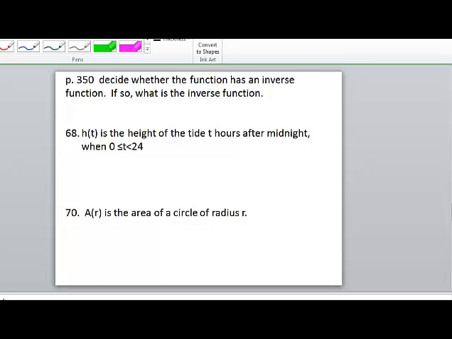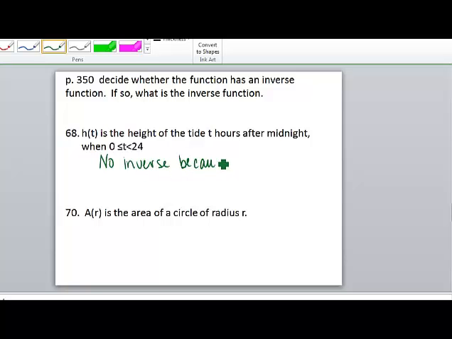On these next problems, we're supposed to decide whether or not it has an inverse. On this first one, we're talking about tides. And if you think about a tide, it comes in and it comes out. And so the height of those tides could be the same height at different times along the 24 hours. So this would be not 1 to 1. So this is no inverse